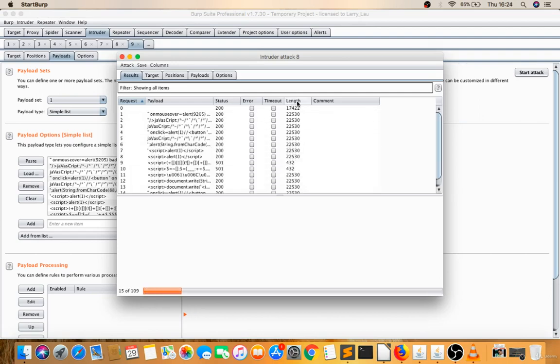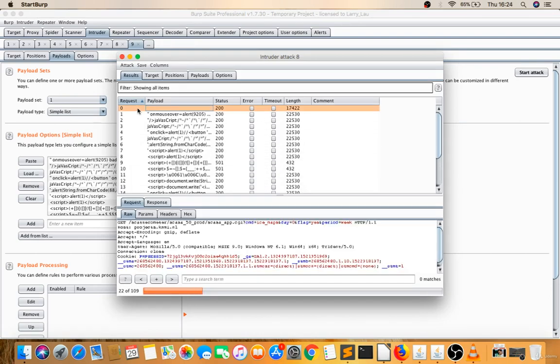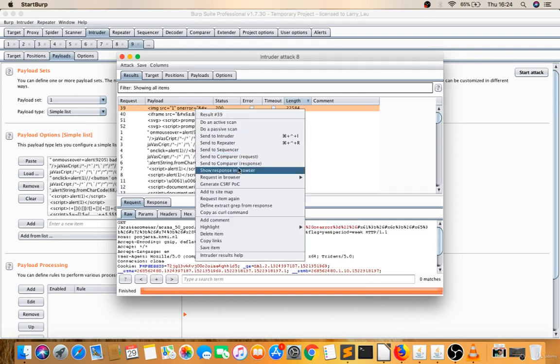Now double click on length to sort, because they first executed the 0th payload, and they got length 17422 because they just did blank. They haven't taken any payload, they just tried blank and got length 17422. If your payload gets executed, the length will be greater than this. So double click on length. Now right click, show response in browser, because you don't know